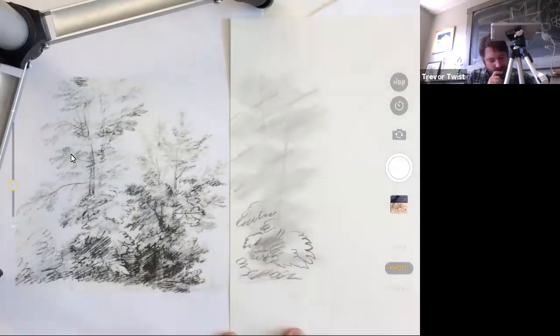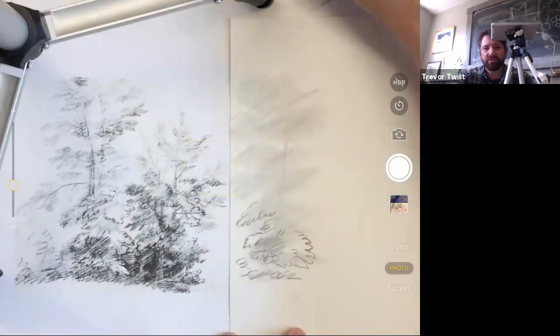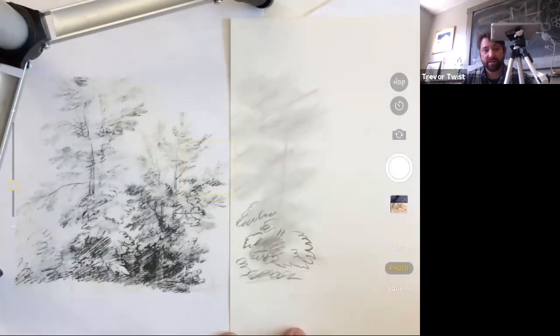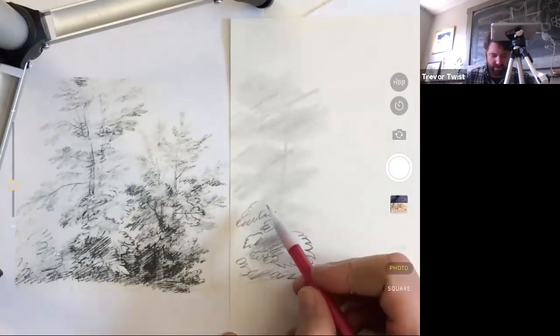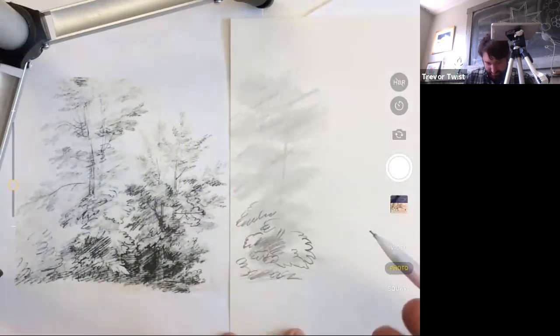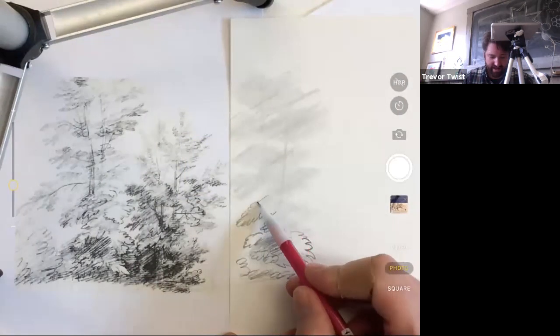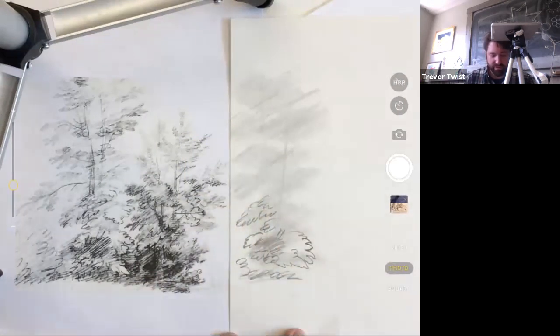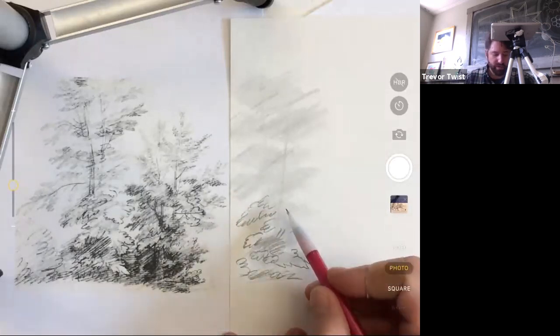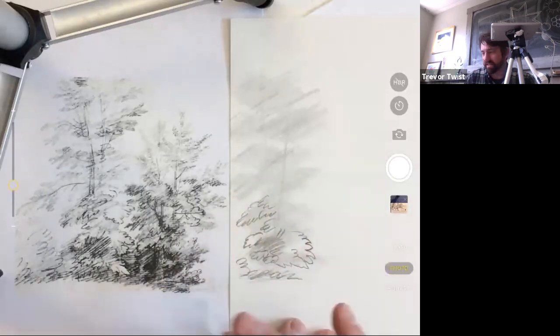Okay, so let's think about when Grace was mentioning the movement, and I called them vectors, in terms of the directional thrust of the trees. I think this is actually probably more of a natural study, believe it or not. But I think we should try to be aware of what direction these various clusters are going. There may not be a lot of design consequences, because these are studies for larger compositions, but